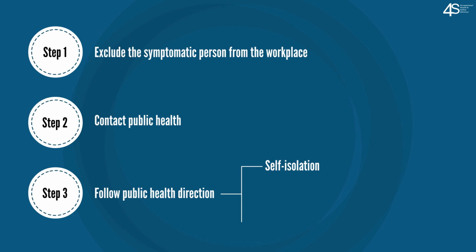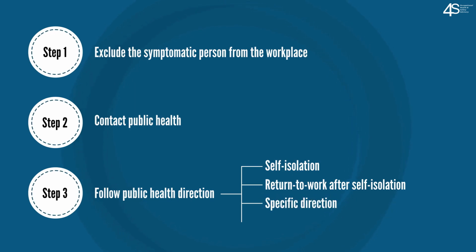Self-isolation. If the person has symptoms, had close contact with an individual with symptoms, a confirmed diagnosis, or who has traveled outside of Canada. Return to work after self-isolation. Specific direction for each situation is provided by your local public health unit based on provincial guidance on the management of cases and contacts of COVID-19. Close contacts may include people who have spent time less than 2 meters away from the infected person in the same room, workspace, or area without barriers or protective equipment, and people living in the same home.